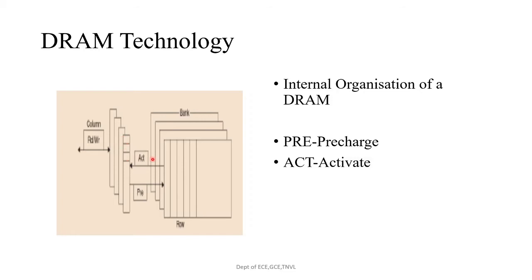A row address is sent with an ACT, that is this signal, the activate, which causes the row to transfer to a buffer. When the row is in the buffer, it can be transferred by successive column addresses at whatever the width of the DRAM is, typically 4, 8 or 16 bits, or by specifying a block transfer and the starting address. Each command as well as block transfers is synchronized with the clock.